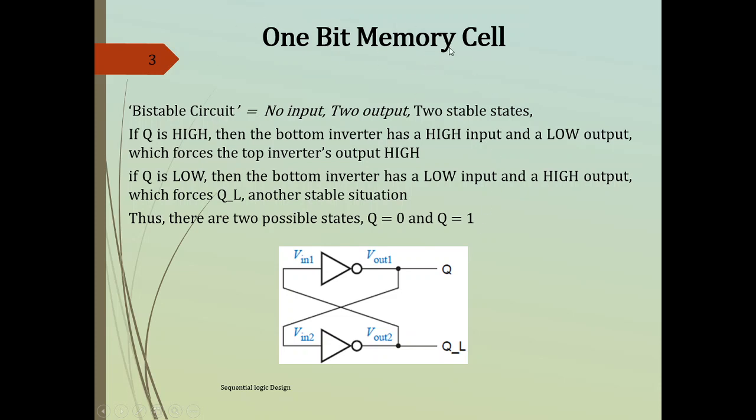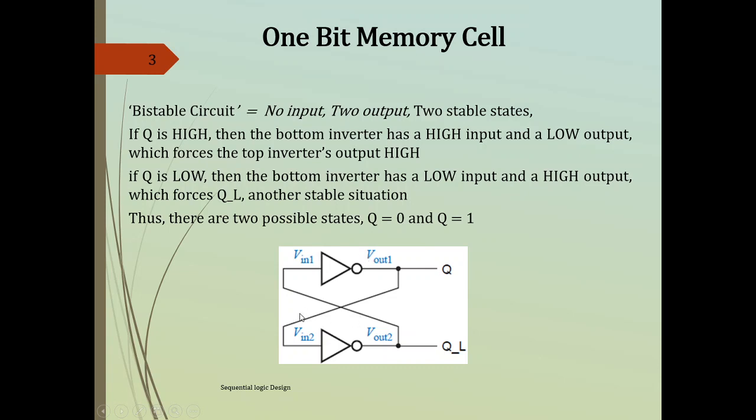One bit memory cell. Bistable circuit. Here no inputs are there. It has two outputs and two stable states. Two stable states means either Q equal to 0 or Q equal to 1. Now we'll see the working of this particular one bit memory cell, how one bit is latched or stored in